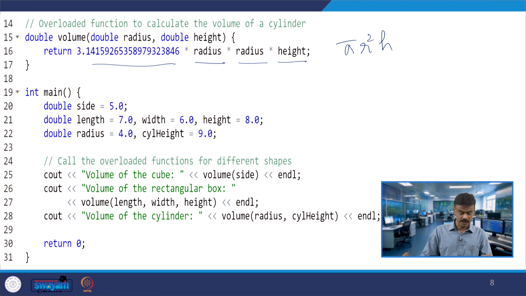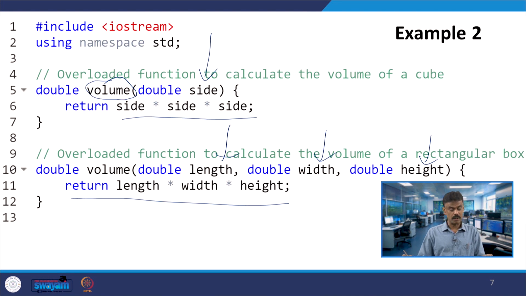So, let us consider your side is 5.0, length is 7.0, width is 6.0 and height is 8.0, alright, and the radius 4.0, height 9.0. Now, volume of the cube. First I am calling with one value that I am passing, right. That means it has one argument, so obviously this will call line number 5.